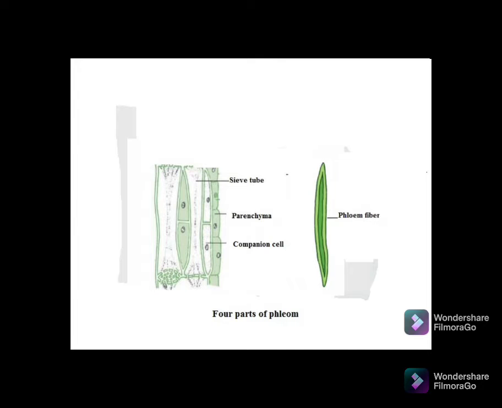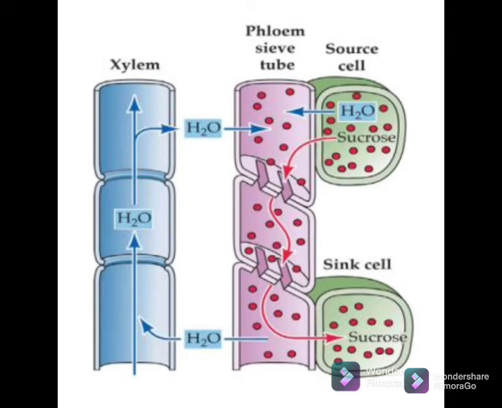After that comes the last cell, called phloem fibers. They are elongated lignified cells and they are the only dead cells. So that means they provide mechanical strength. So that was all about the different cells present in the phloem tissue. The sucrose solution which gets transported to all the different parts of the plant is also termed translocation of solutes, that is nothing but food. So that's the same term which we use for transportation.